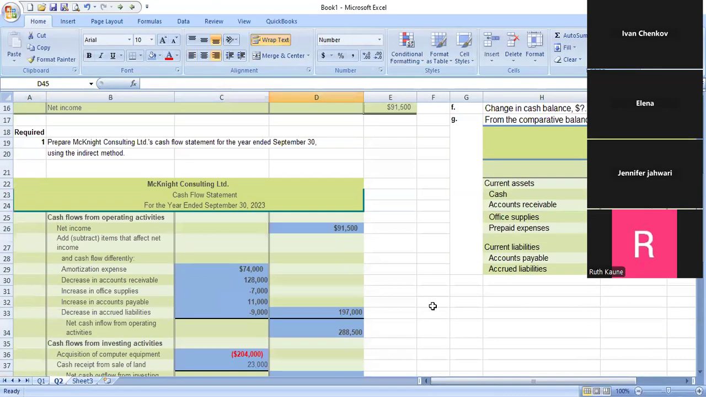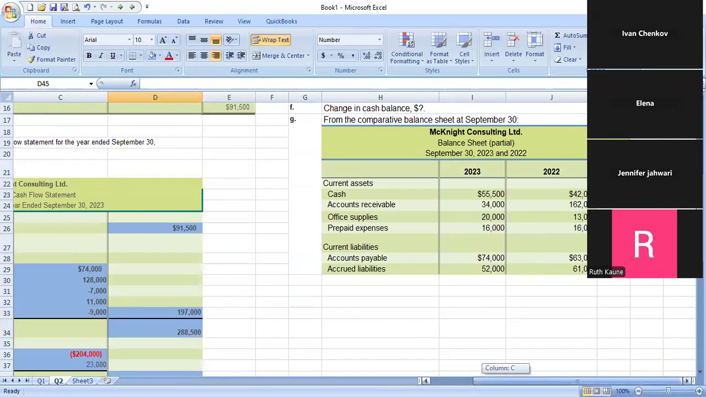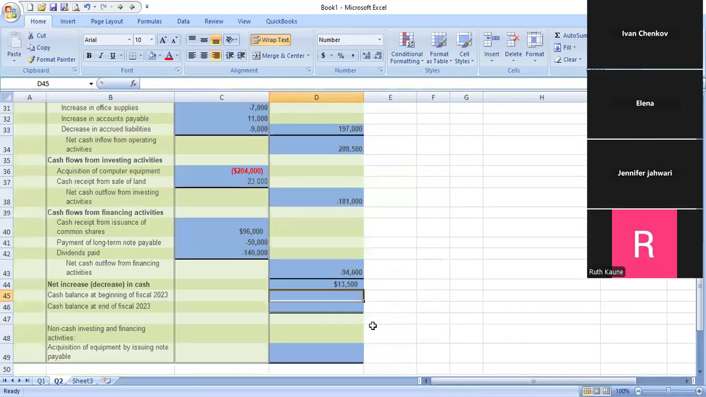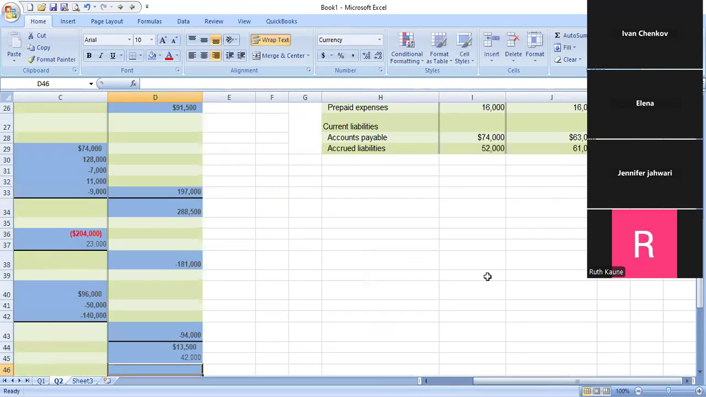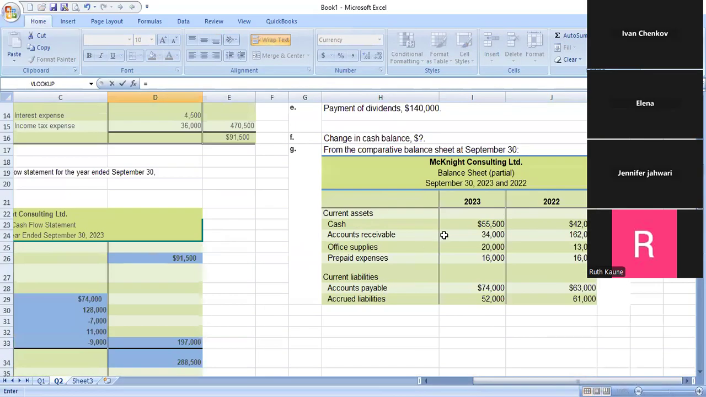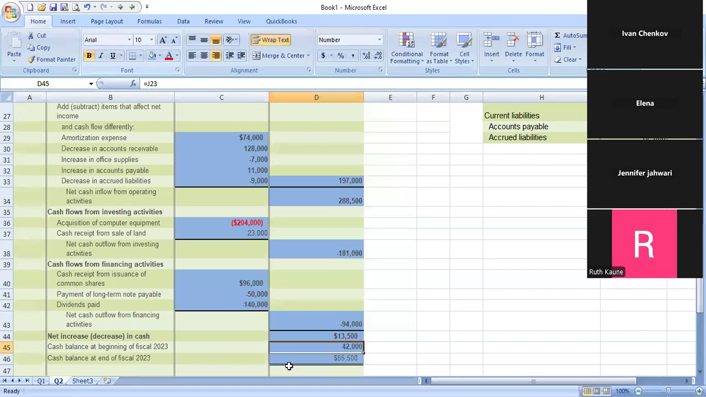Now, the cash at the beginning of the year was $42,000, equal to that amount here, $42,000. Cash at the end of the year is equal to 55,500. So does that explain what happened in this company? Looks like it does, because the net increase in change plus the beginning balance gives you the ending balance,